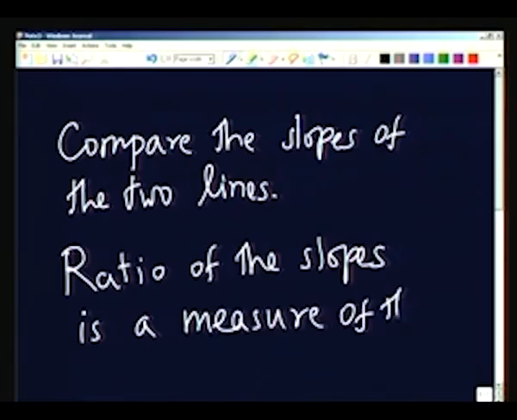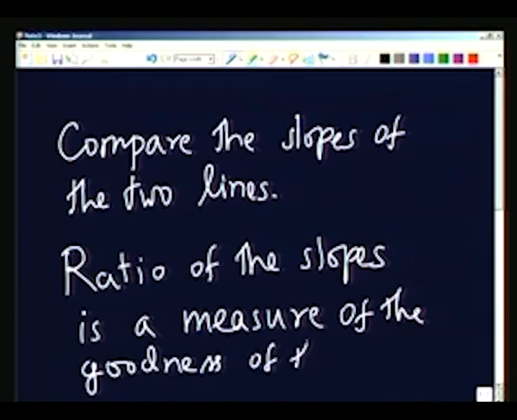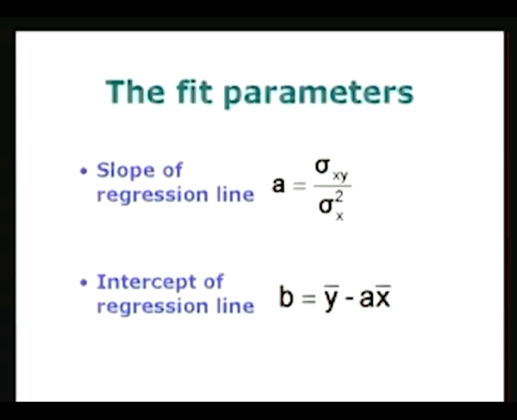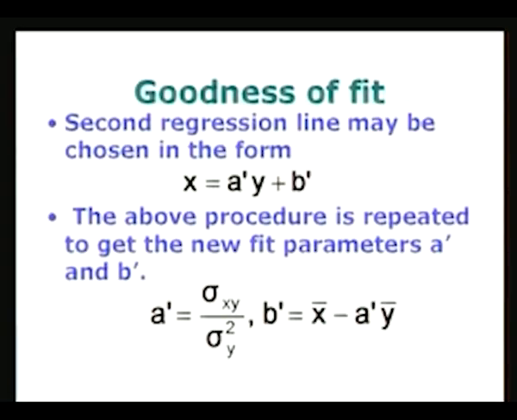So, with this background, what I will do is I will show you how the second line is obtained, and we can look at the two slopes and introduce a parameter which is going to describe whether the correlation is good or bad. So, the second regression line I have indicated here, just as I showed on the board, x equal to a prime y plus b prime,